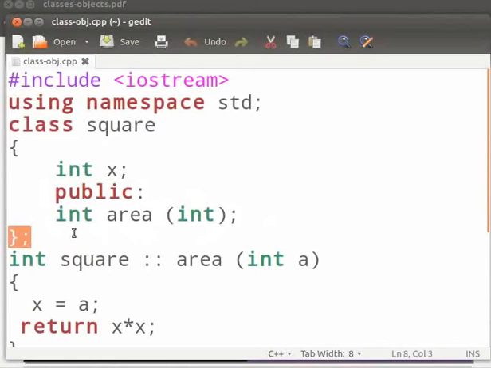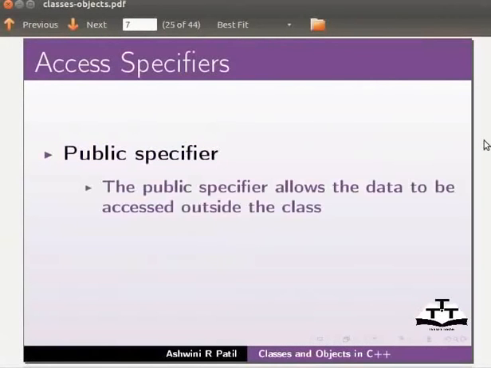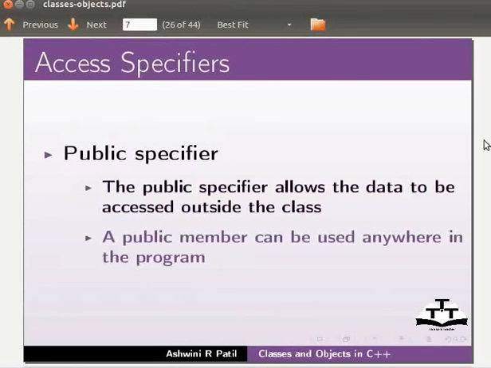Now let us move back to our slides to know more about the access specifiers. Public specifier. The public specifier allows the data to be accessed outside the class. A public member can be used anywhere in the program. Private specifier.